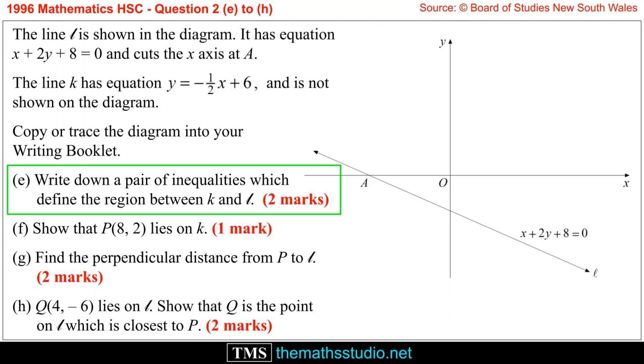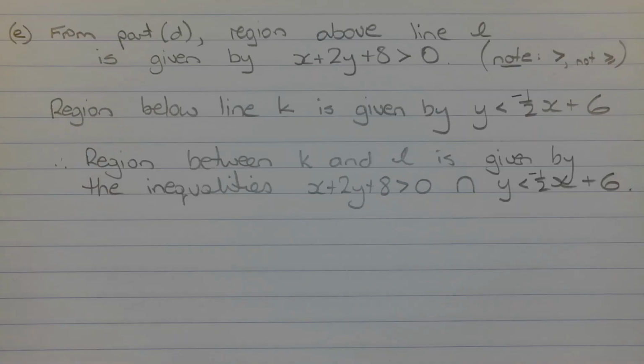Part E. Write down a pair of inequalities which define the region between K and L. From Part D, we can deduce that the region above line L is given by x plus 2y plus 8 greater than 0. Note the use of the greater than symbol, not the greater than or equal to symbol. The word between in the question implies that the region does not include line L itself, nor does it include